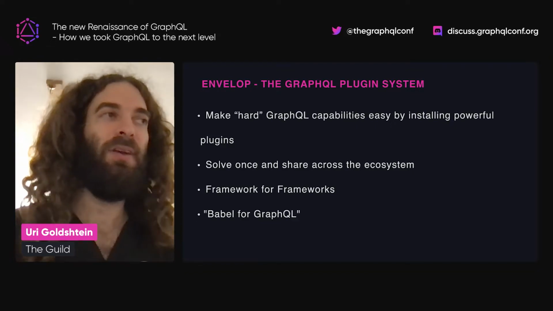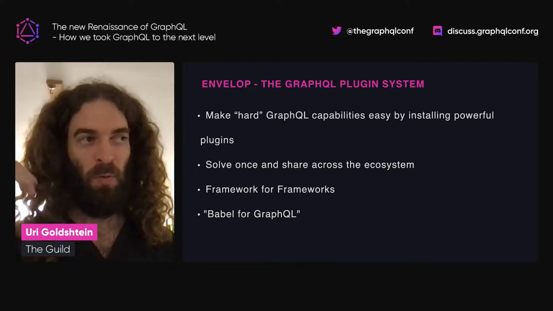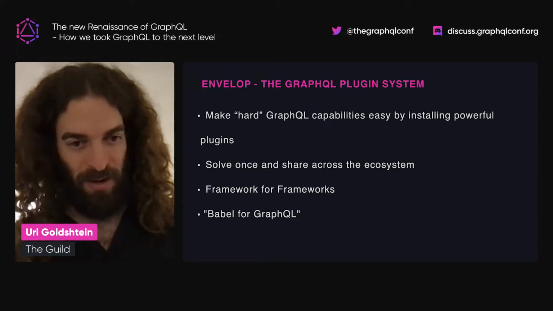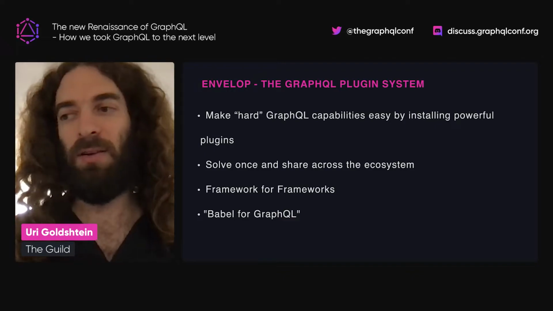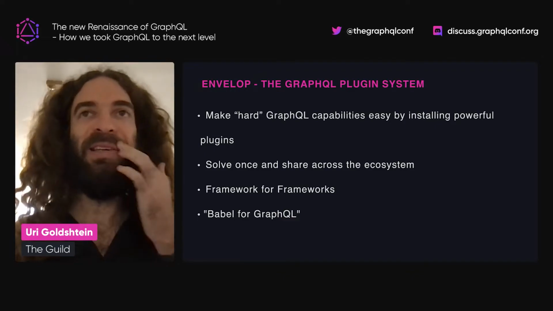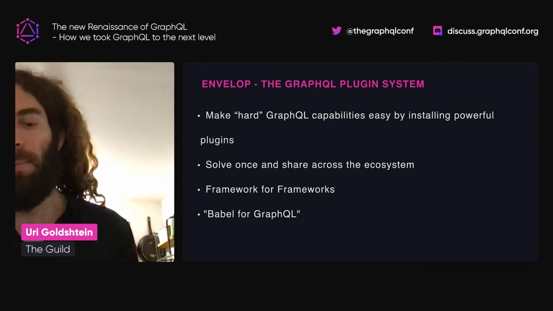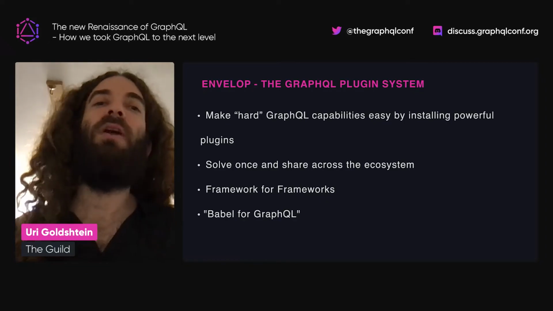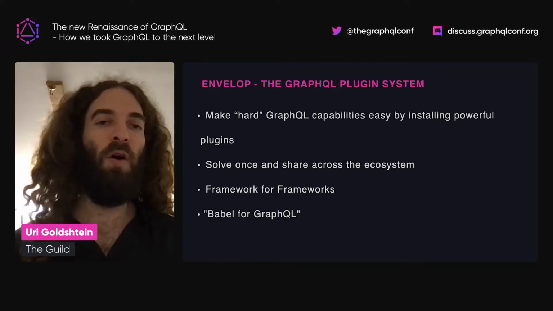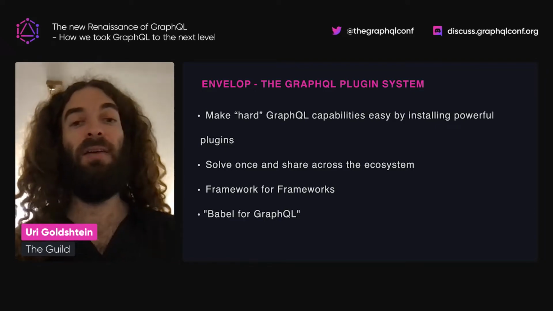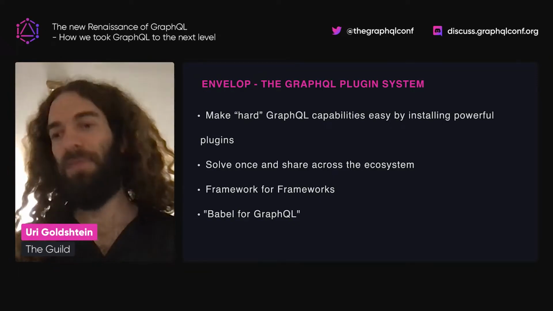Yeah, and the last thing that I think is really cool about that is because we hook into each step of GraphQL JS, we could customize each step. And the really cool thing about that is that we basically created, let's call it, Babel for GraphQL. So like Babel for ES5 to 6, we could start using new capabilities of the system before they were standard. We already do that today with Envelope in GraphQL. We can use tools like @oneOf, defer and stream, even live queries. I'll demonstrate all of that today, and we use that today in production,